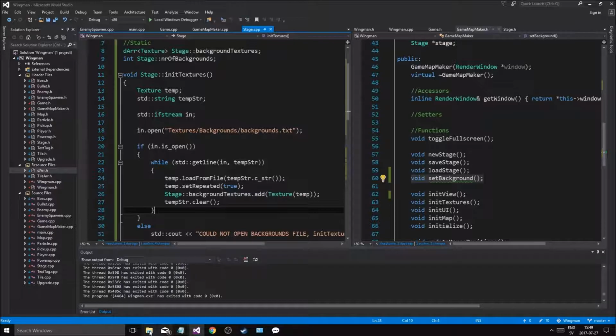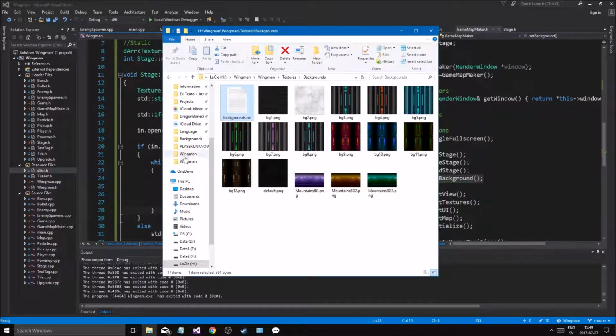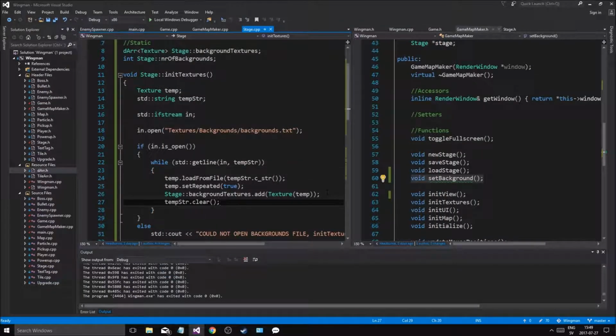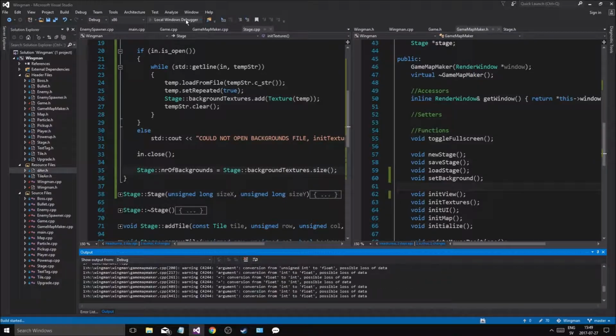But if I go into backgrounds.txt, 1, 2, 3, 4, 5, 6. Obviously it's 12. That's weird. That's really weird. That's really weird that it says 24. So what if I set it to